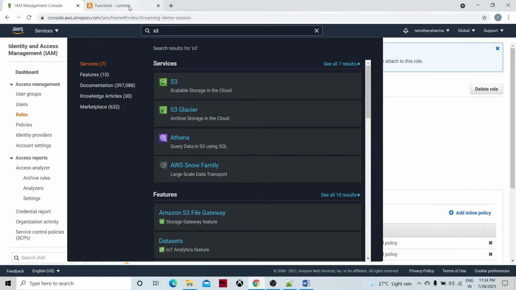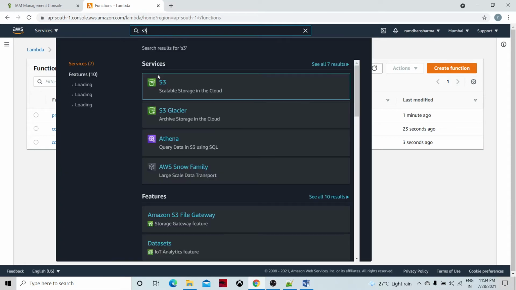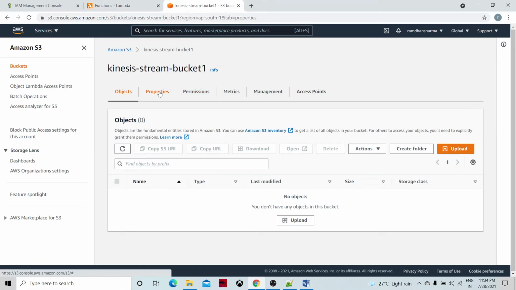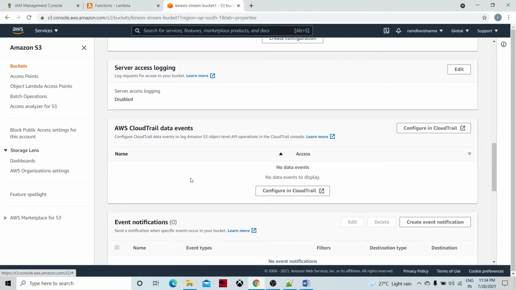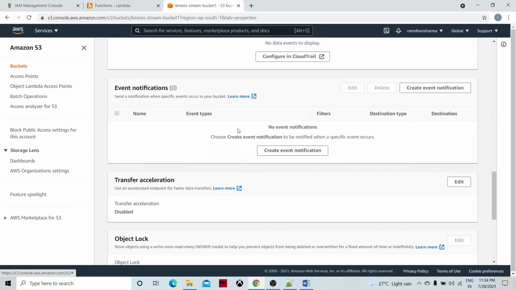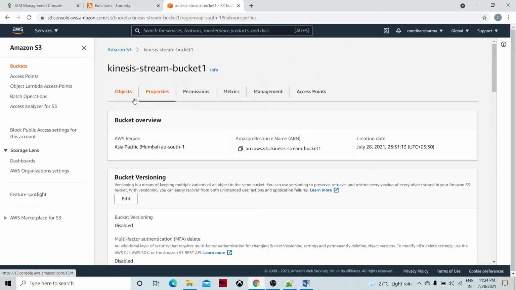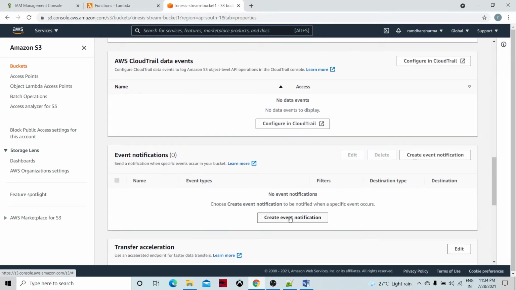Now let's go to the S3 bucket again. Whenever we create the bucket, go to the properties and create an event, giving the name for the consumer. This is event notification. If you click on the bucket and go to the properties, you will have the event notification.